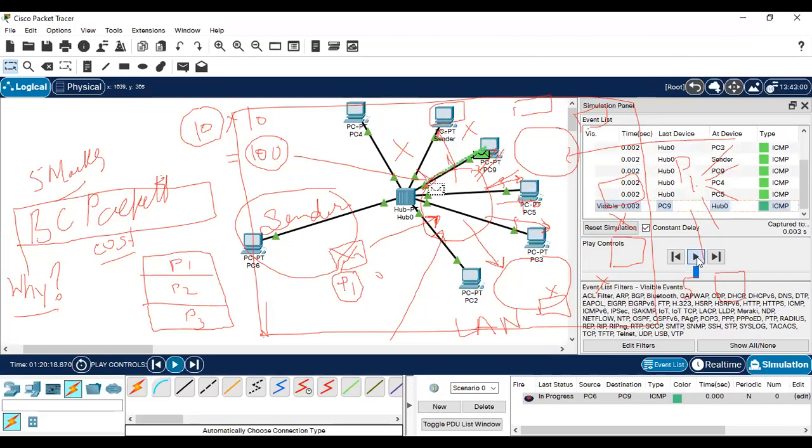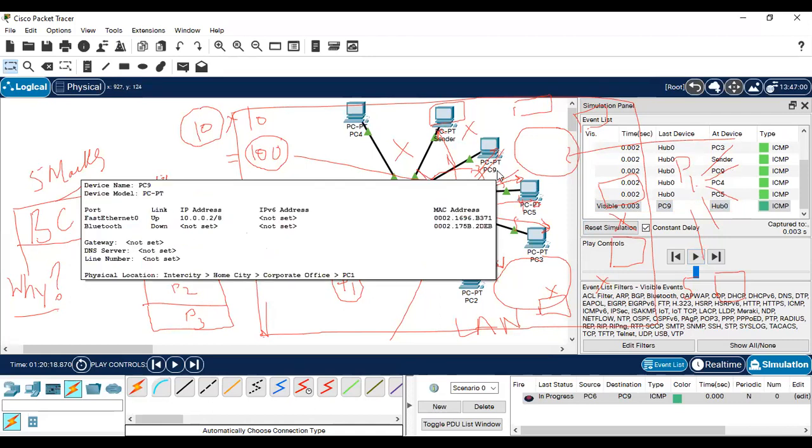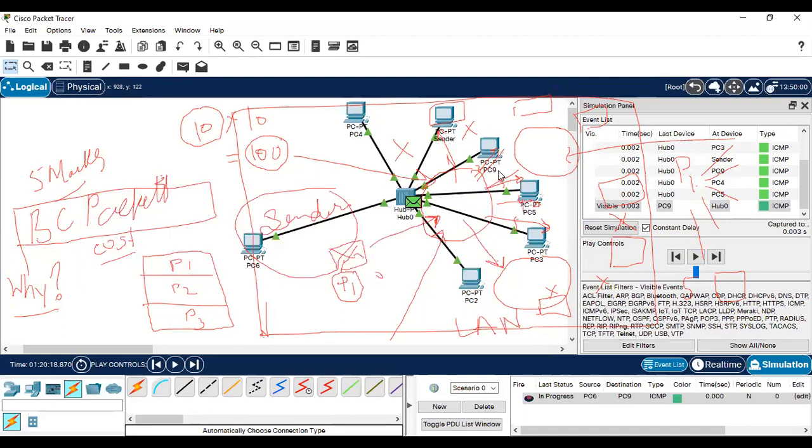You can see there will be an acknowledgement, as we have seen in the previous scenario also. Acknowledgement will be given by whom? By the node which has received the packet successfully. So the packet is received successfully by PC9, and PC9 will send an acknowledgement, which will again be received by the hub.